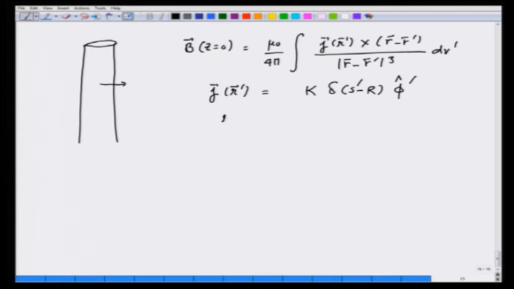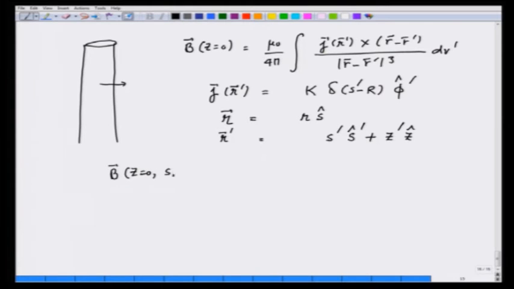The r vector, we are taking z equal to 0, so this is nothing but r s. The r prime vector is going to be s prime in the s prime direction plus z prime in the z direction. And therefore, I can write B at z equal to 0